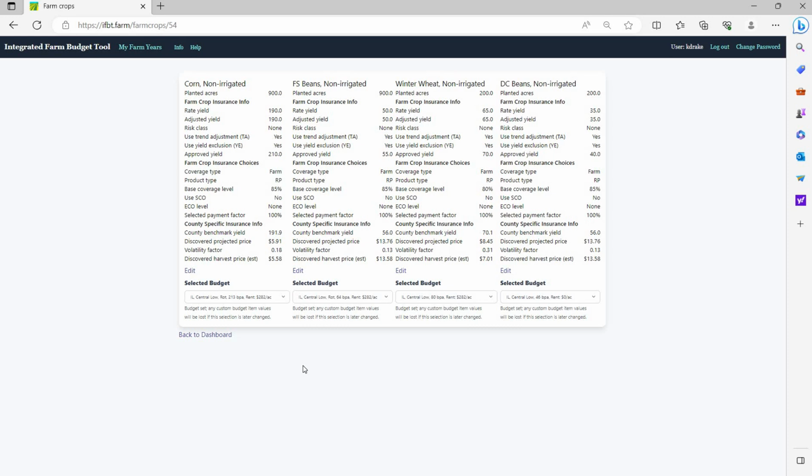To the extent that down the road at harvest, we would then use our actual farm yields multiplied by the crop insurance discovered harvest price. And if our actual revenues fell short of the benchmark, there would be a reduction to rent proportionate to that shortfall. And if our actual revenues exceeded the benchmark, there would be an increase in land rent proportionate to that excess, subject to a cap. I know that's a little complicated, but let me show you how that would work.